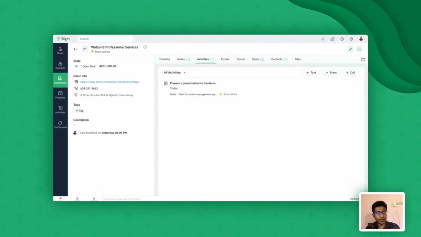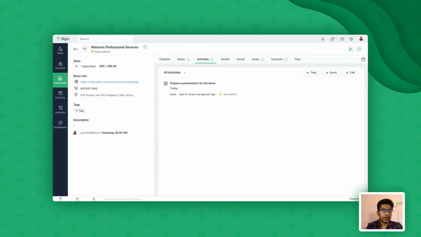And within the companies module, you'll be able to see all the contacts that you have from that specific company, all the deals that are open or closed, all the emails, all the notes that you have added for any of the contacts or deals associated with the company. So this will give you a clear picture of what's going on with that company, how much business you're doing and how much you have in the pipeline, and you can plan accordingly based on this view.